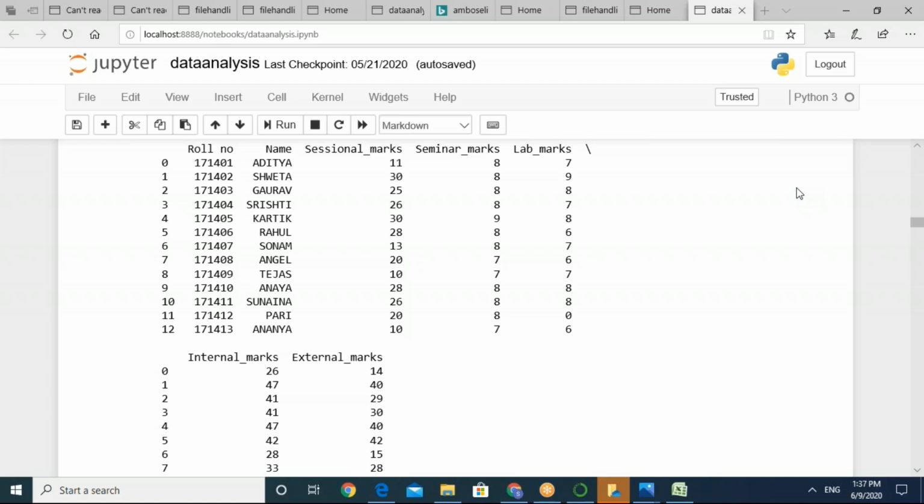So this Excel file contains all these columns. If you have any Excel file on your machine, you can read that file. Do you have any Excel file available with you? Respond in the chat window. Are you able to run this?